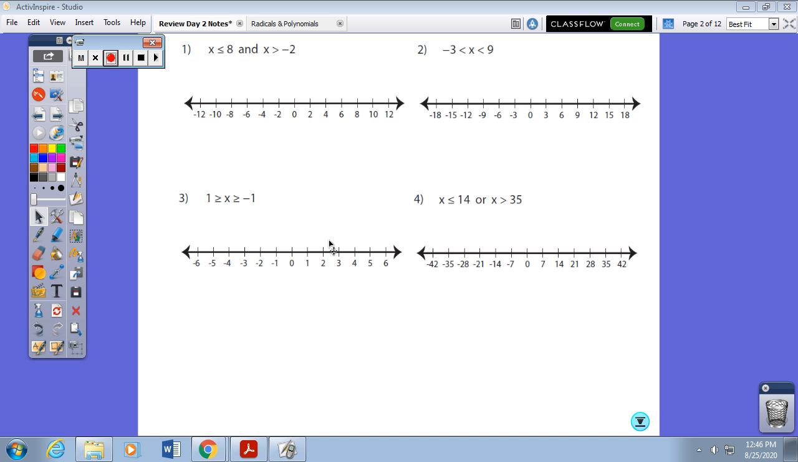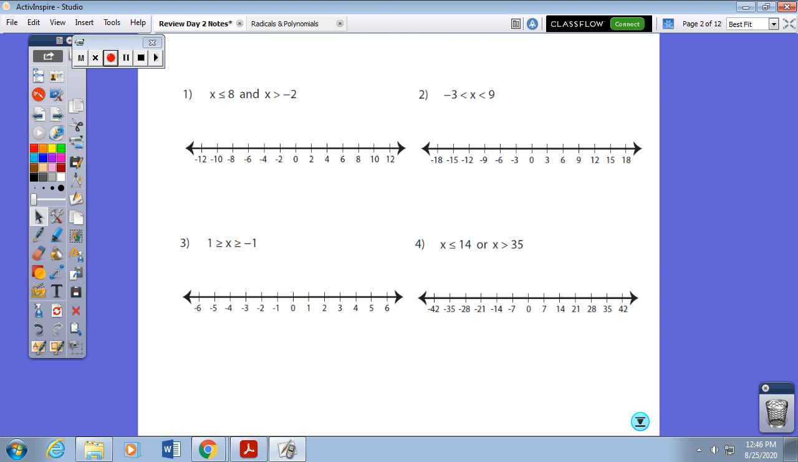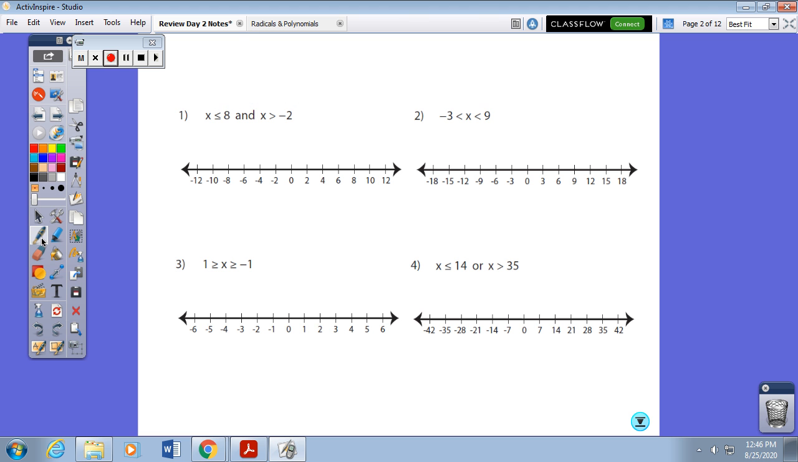Alright, in this lesson we are going to look at Review Notes Day 2. This is graphing compound inequalities. So there's a couple of things we need to go over before we can graph, and you will need to add to your notes. Alright. First of all,